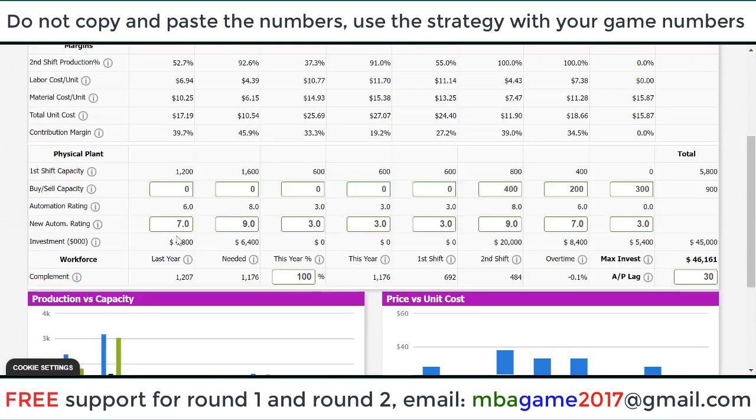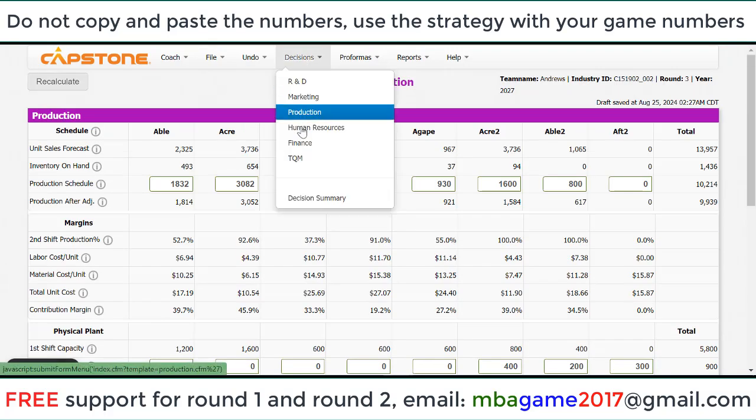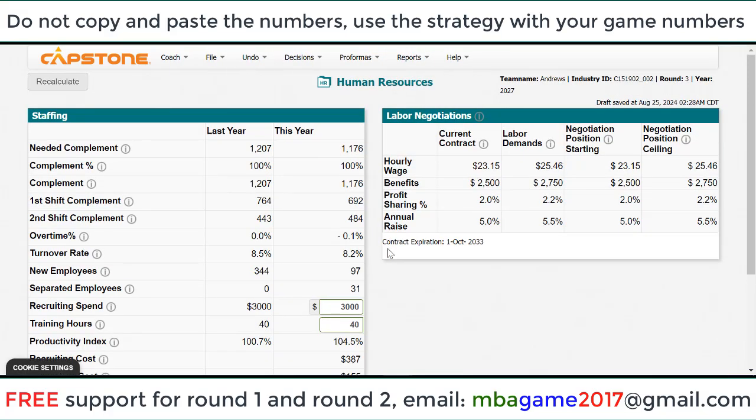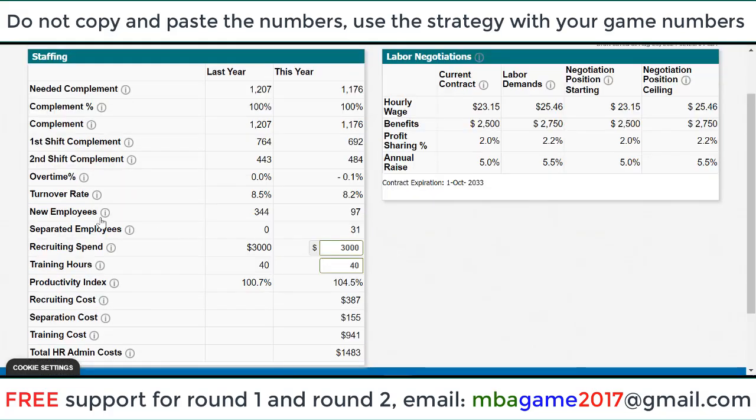We keep increasing the automation for the traditional and low end to 7 and 9, and update for the new product here. We buy the new capacity for the new 3 products and also set automation. We have the total budget here, right? For HR, we can use about again 3,040 hours. From next round, we can use a max